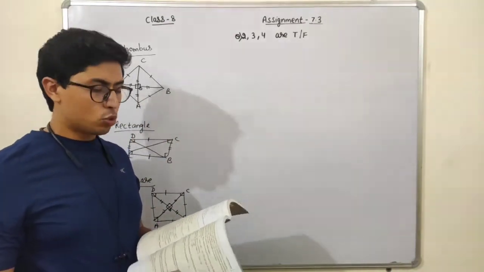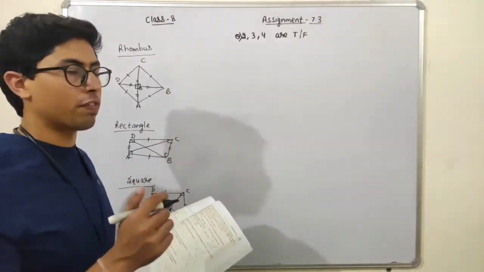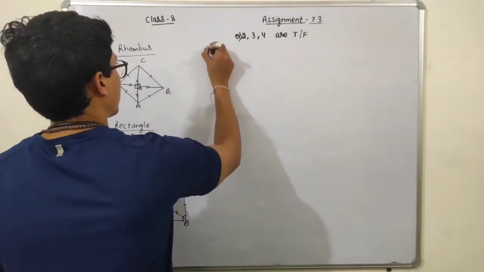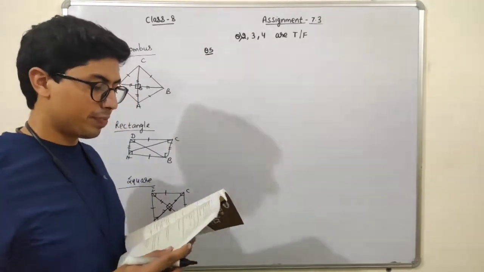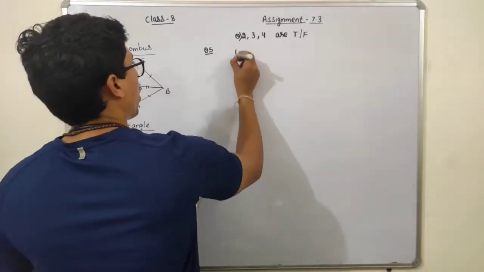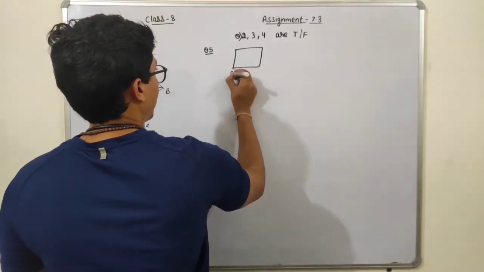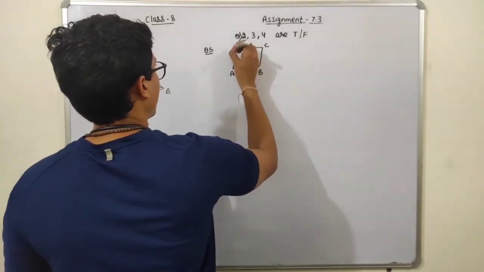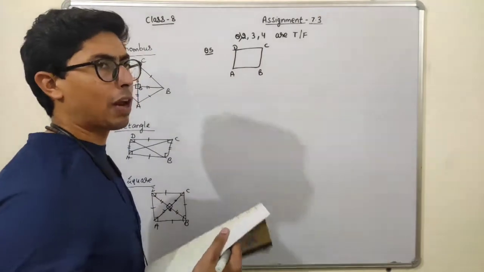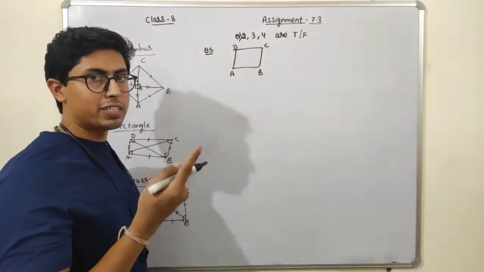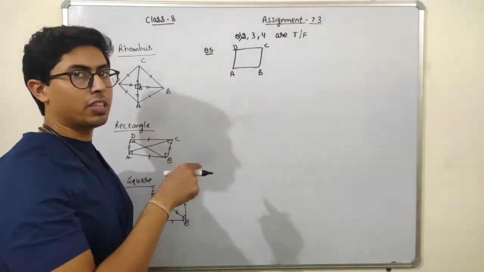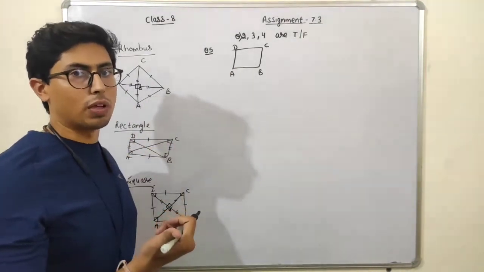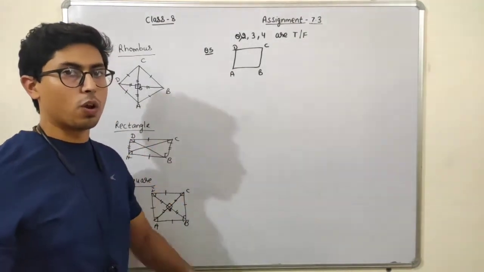Okay. Now, students, I'm going to discuss question number fifth with you. See, ABCD is a parallelogram. Okay. So just draw ABCD. It is a parallelogram. See, the properties of the parallelogram are, students: opposite sides are equal, opposite sides are parallel, diagonals bisect each other. Okay, students, and diagonals are equal as well. These are the properties of a parallelogram.